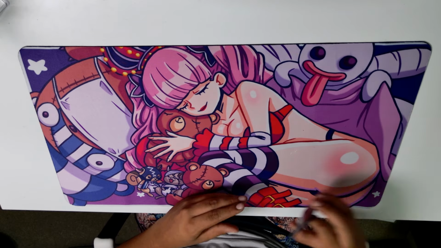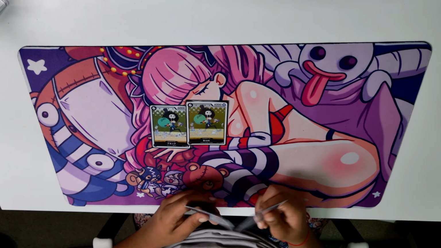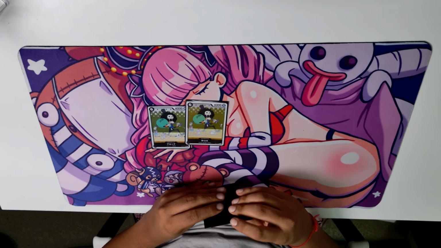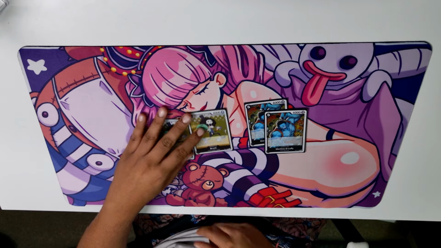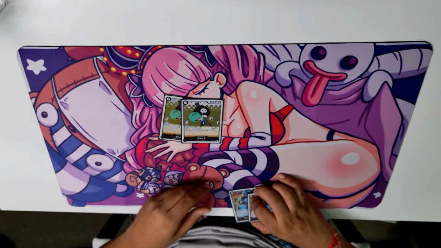Okay, so there's a Japanese Brook for some reason here, but we're gonna fix that before we go to locals. And I got 2 Monkey D. Luffy's Nightmare. We're gonna talk about this card, and we're gonna talk about Brook. Okay,